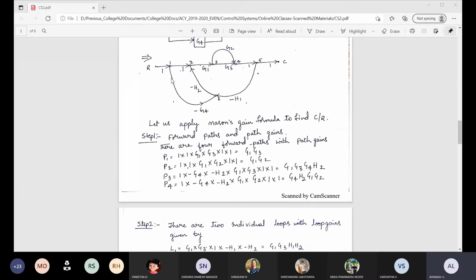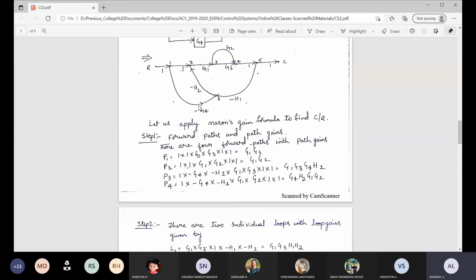So if I go from G1 to G4, fine. I'll go from this one, node number 1 to node number 6. That is not a problem. So from node number 6, I should go to only node number 2. I cannot go to node number 5. Why? Because when you're talking about minus H1, minus H2 is coming in the reverse direction. I should move further only. I cannot come back. Correct? No, I cannot go in the opposite direction. It is like a one way.